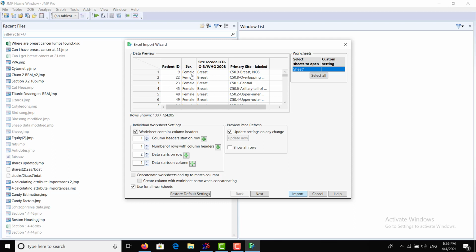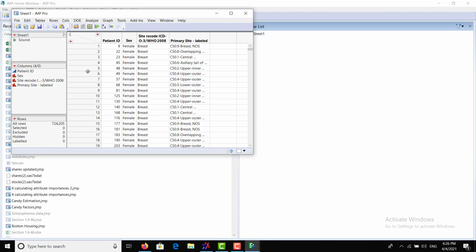This is the preliminary view of the data table. So this is the patient ID, this is the sex, this is the site recode, and this is the primary site label as it is previewed in the JMP 14 software. Right now, I don't want to click, because if I click it, it will give me the message of not responding. It's just taking some time to include all the 720,000 patient cases in the table. Finally, it opened, and as you see here, these are the patient ID, the sex,